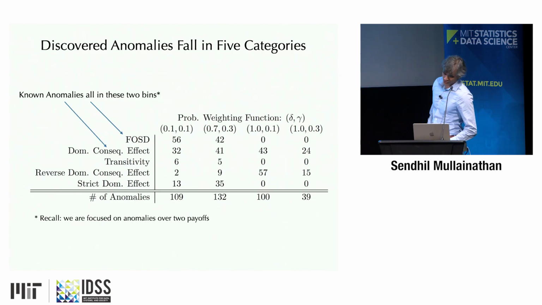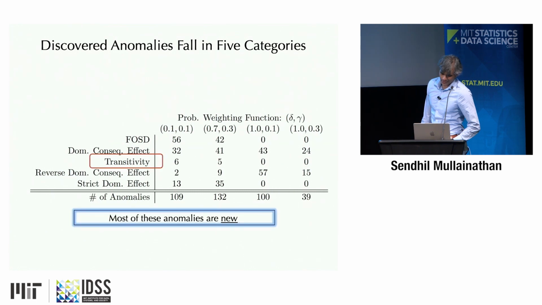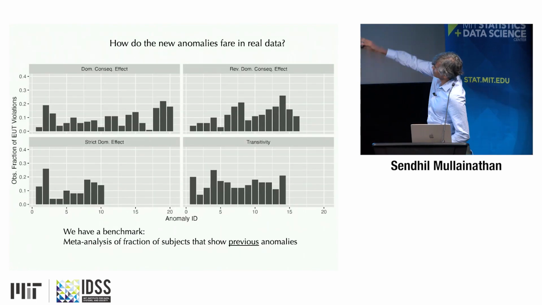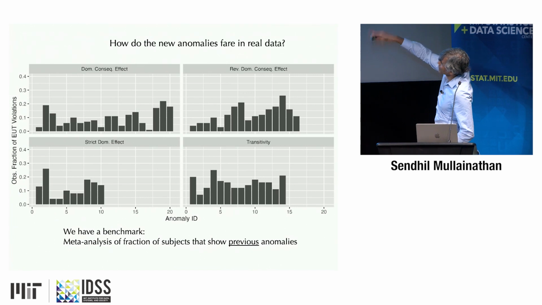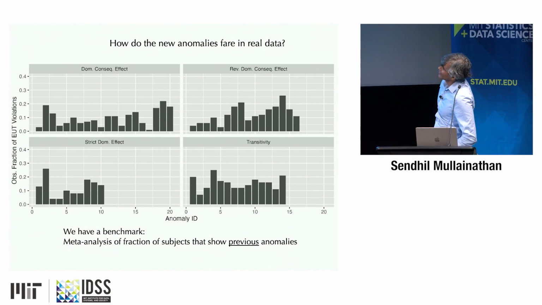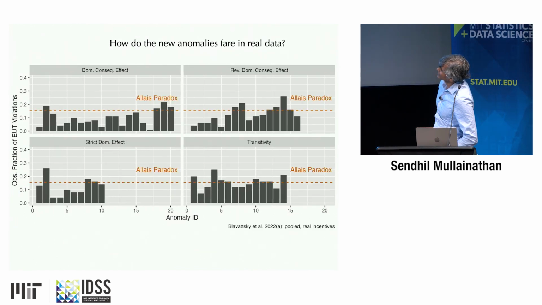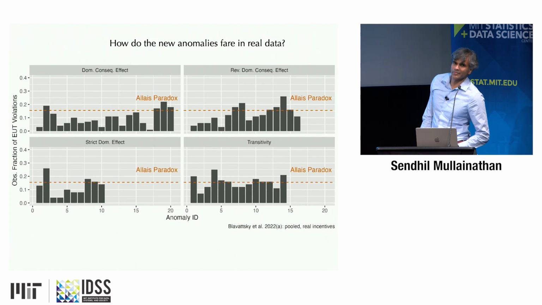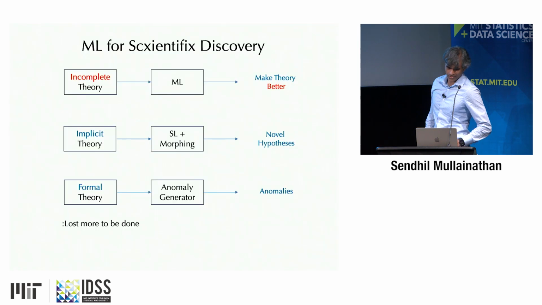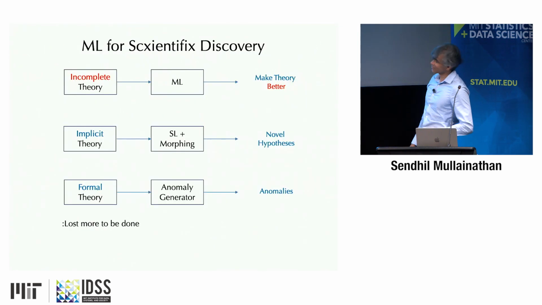Of course, these are logical suggestions. We don't have data on it. These don't appear in our data set. So now we can go collect data on these. And when you go collect on these, you tend to find that the anomalies, each of these columns is an anomaly in each of the bins we discovered. And you collect what are the rate of violations. It turns out the rate of violations are approximately the same level as the LA paradox, which is amongst the highest violation space.